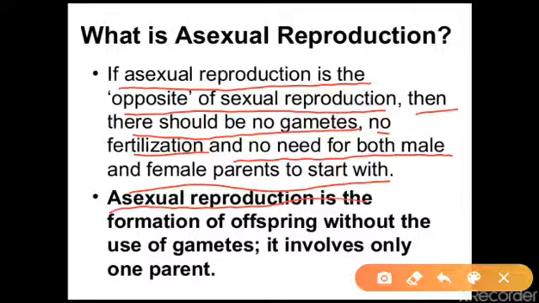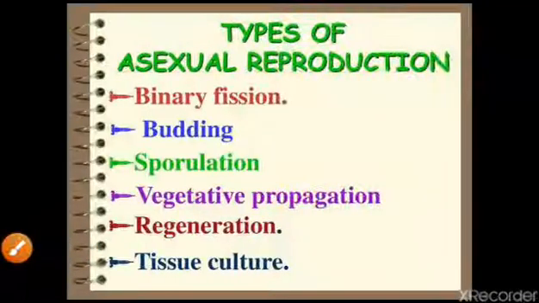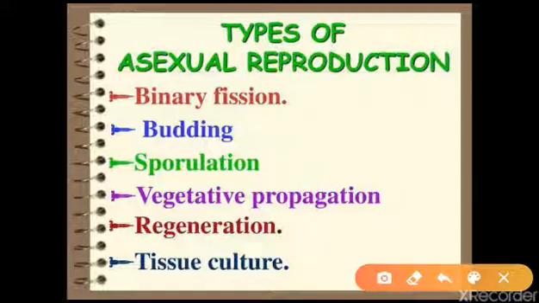Asexual reproduction is the formation of offspring without the use of gametes. It involves only one parent. Now as we have seen, in the case of asexual reproduction,